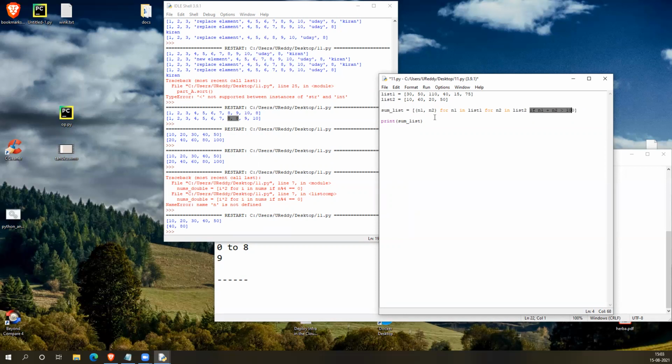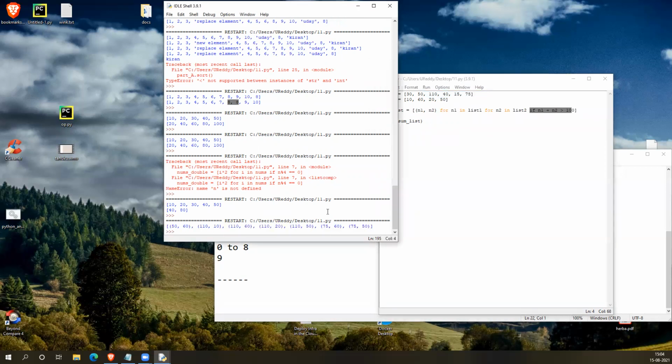If both of them are greater than 100, then only it should return. Understood. It's the syntax of a tuple actually. So I'm creating a set of multiple tuples and creating a list from that. So tuples are the elements of the list.